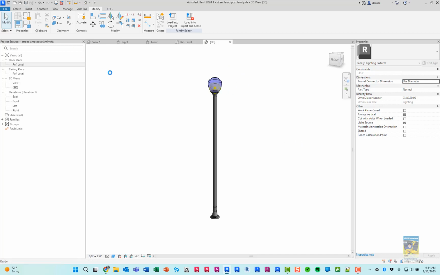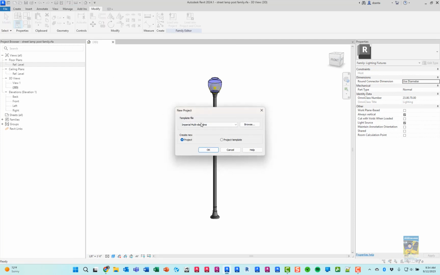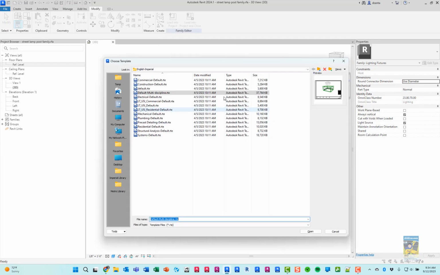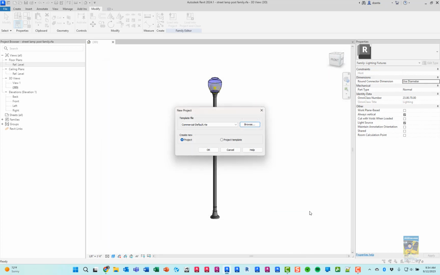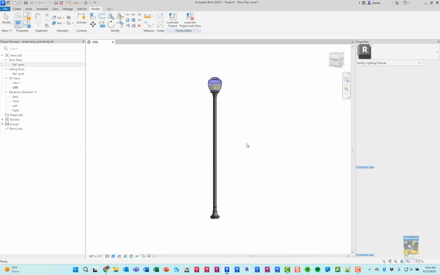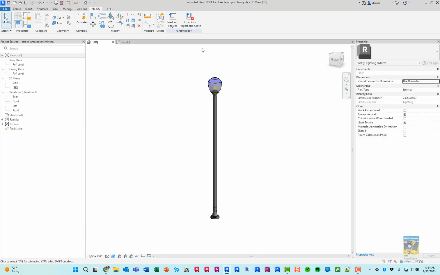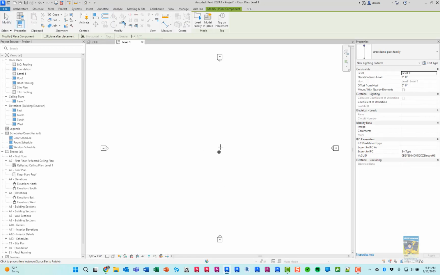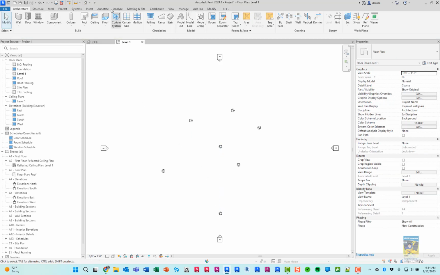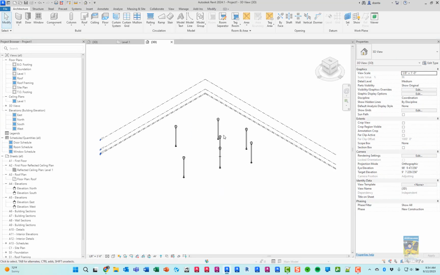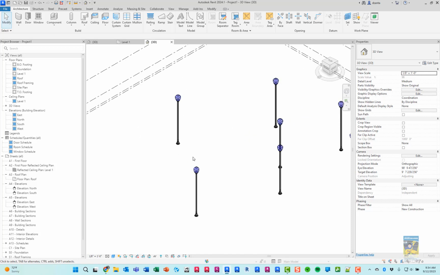So I'm going to save it, close all the other views that I don't need. We'll start a new project based upon commercial, that's fine. We'll jump back to the lamppost and then we'll load it into the project and then we can place it. See? So we can place it however we need to place it. We can see all of them. It shows up nicely in 3D. We can shade it, looks good. Going back to the family,